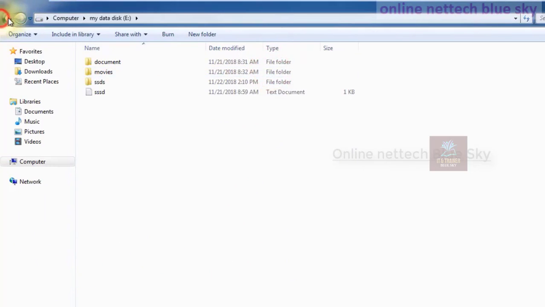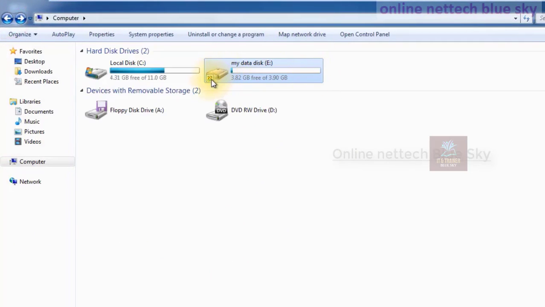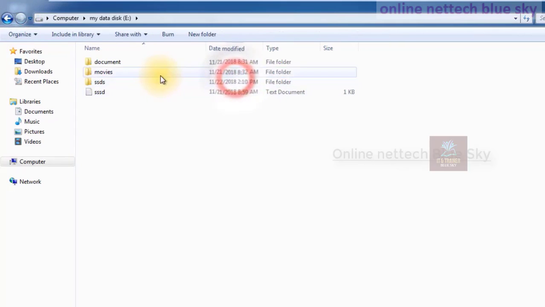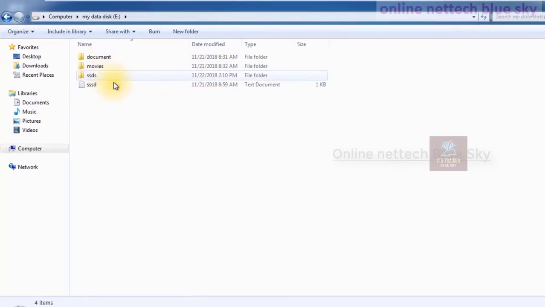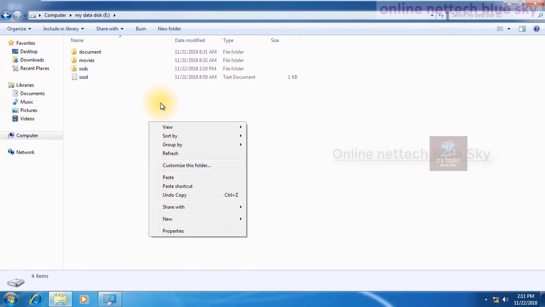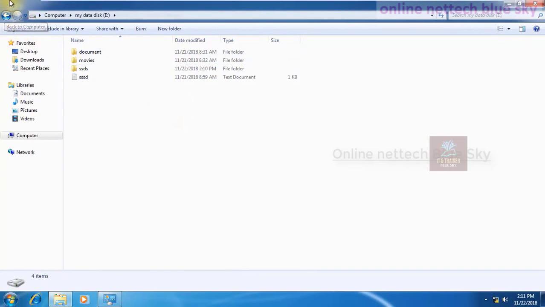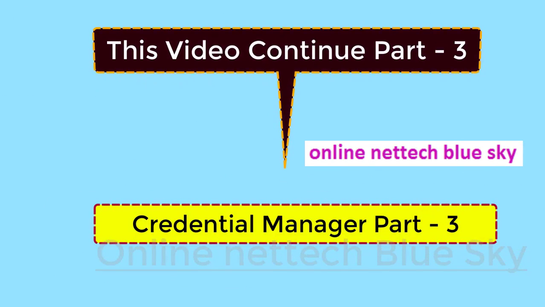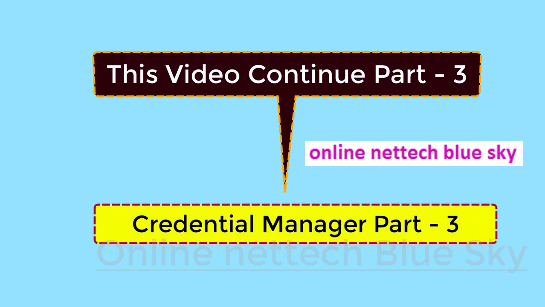So that means you can see you share your data on your network. So any man or woman coming to or using a network can see here all of my Windows 7 data.